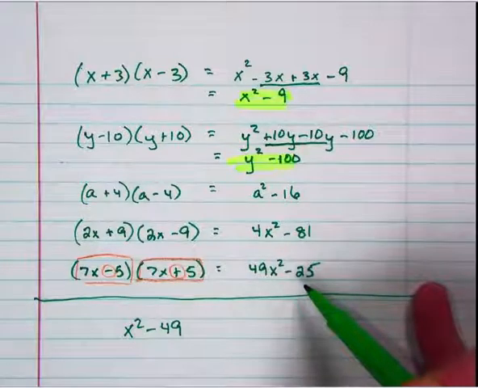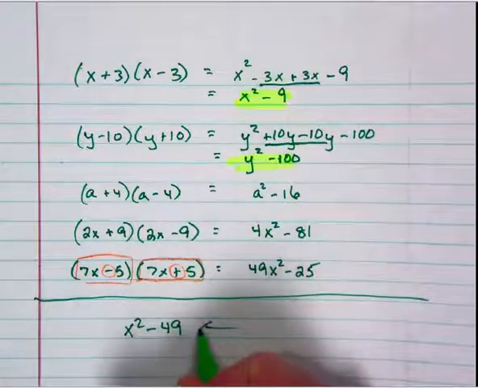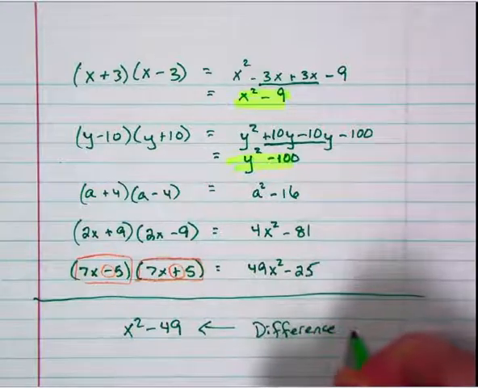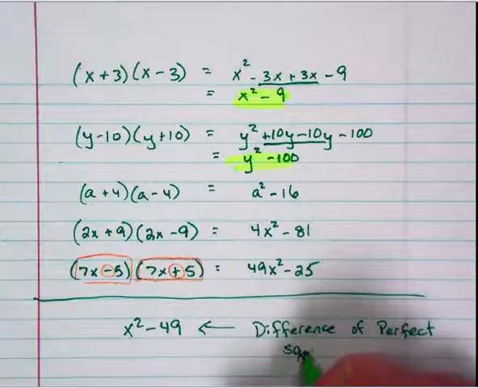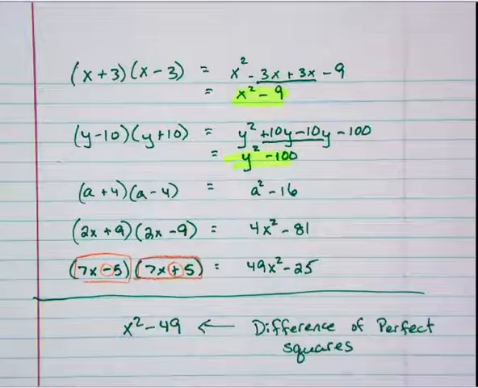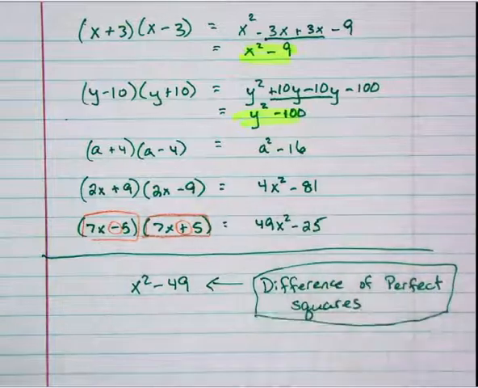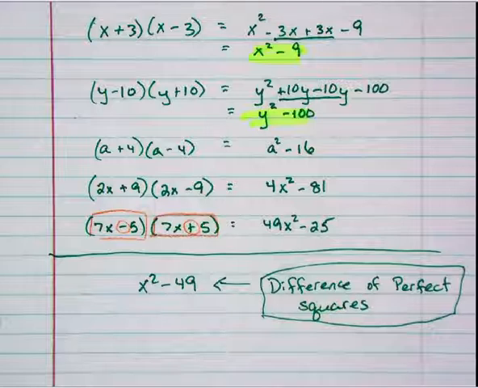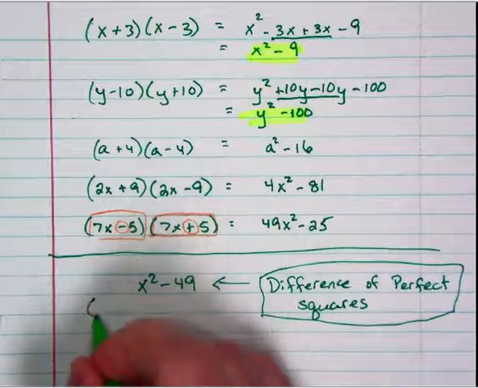So I'm going to use that idea, and first off, I'm going to actually name this thing. This thing right here is called the difference, meaning subtract, of perfect squares. In particular, two perfect squares. So this is what we're doing today. We're factoring using the difference of perfect squares. Okay? So if I notice that I have two perfect squares that are being subtracted from each other, the factoring is actually quite simple. I know that if I factor, unless it's a